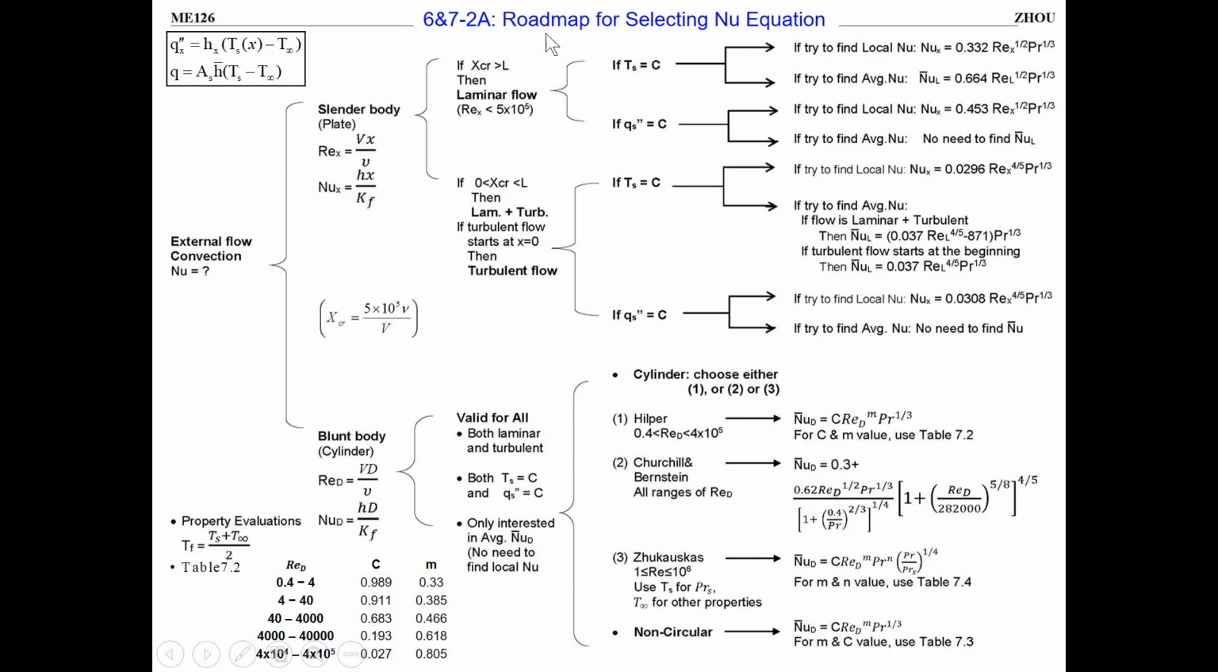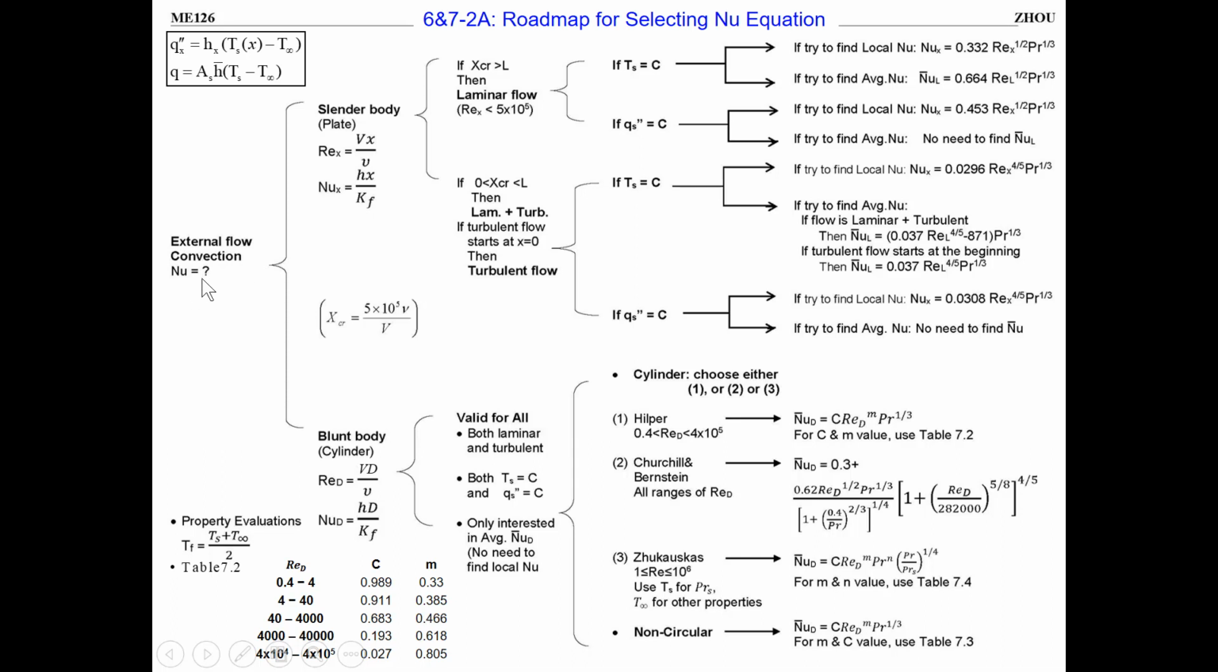A. Roadmap for selecting the Newton number equation. First, on the upper left of the roadmap, these are the heat equations. On the lower left of the roadmap, this is table 7.2. Second, when you use the roadmap, first, you need to confirm that it is an external flow convection problem